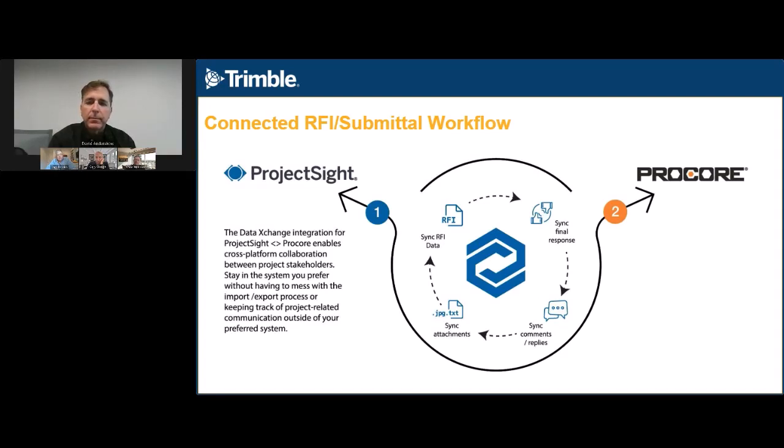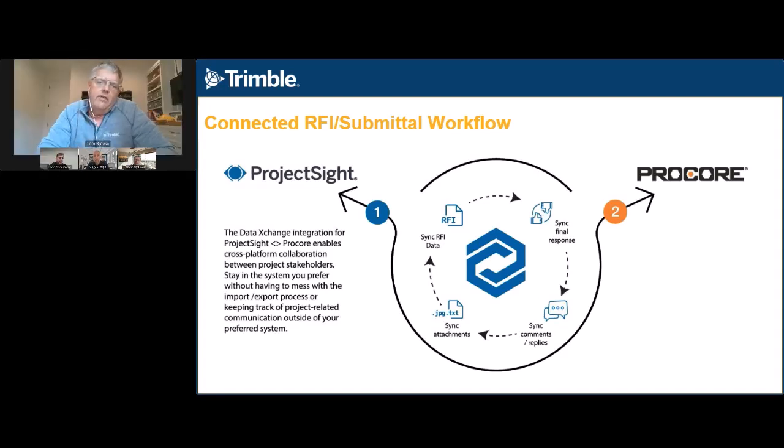Yeah, and the reality of this is a simplified wheel, but you could have ProjectSight there. Procore could be for general contractor one. Procore could be the owner's system as well. You could have Autodesk for the architect and design engineer. You could have ProjectSight at another specialty subcontractor that's out there. And so you could have a number of stakeholders.